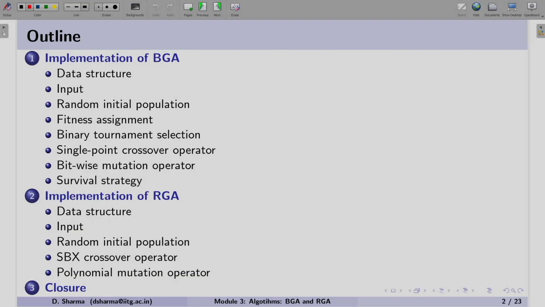So in this session, we will be targeting that if we want to implement those algorithms, then what could be the way. So I will be discussing one of the implementations in this session. This session includes, first, we will start with the binary coded GA. In this case, we will first move to the data structure, then the set of input required for a BGA,